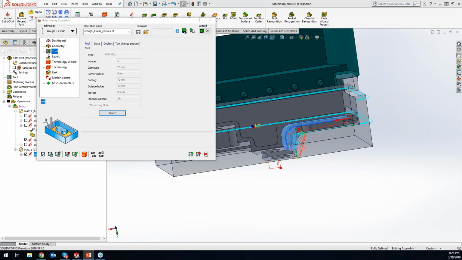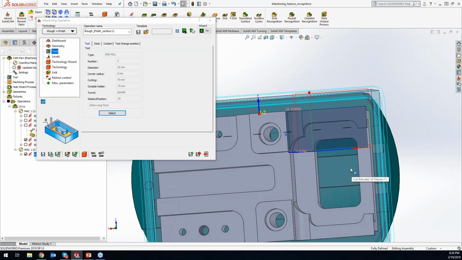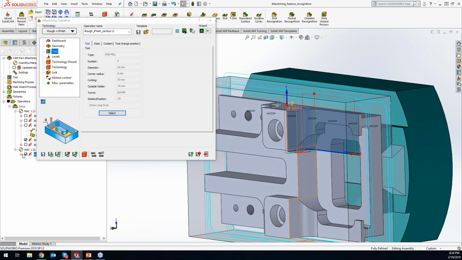Anybody that's used the 3D iMachining module knows that we are using the stock and target material to cut to a near net result of roughing to that target material. And with this 2D iMachining being enhanced in the way that it is, we're able to get similar results in a 2D fashion, but still cut only the material that needs to be cut, thus reducing machining times, calculation times,